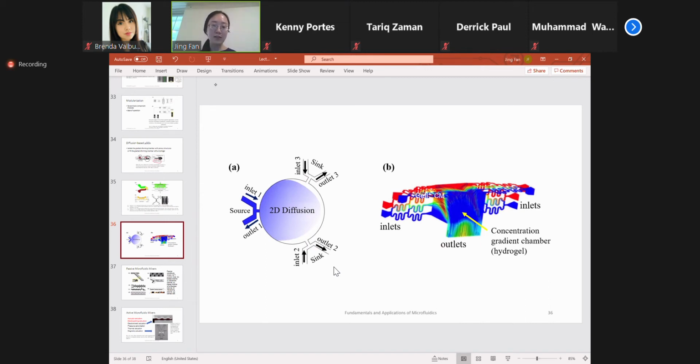We have 2D diffusion. It's not only one dimension, but 2D on the same plane. And we can further complicate the design by implementing 3D diffusion, or 3D microfluidic gradient generators. So within the whole chamber volume, we can have different